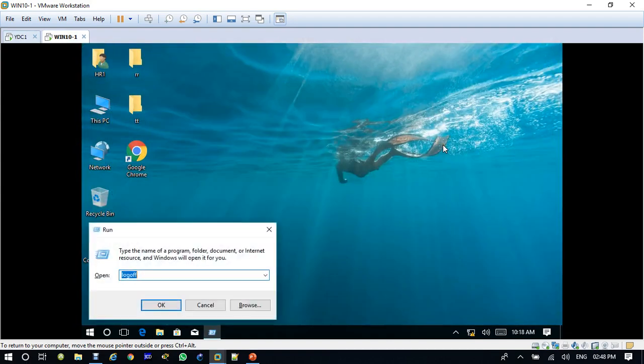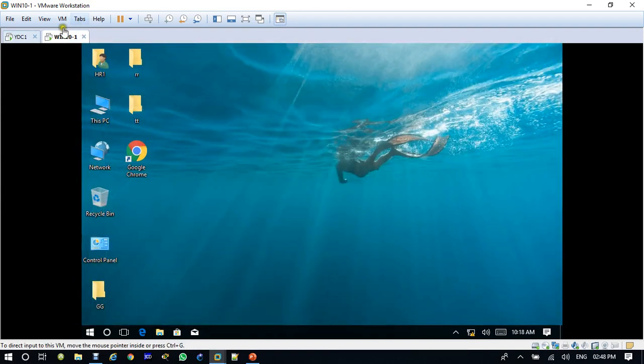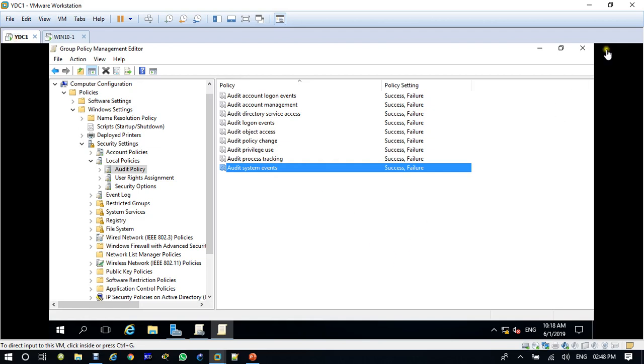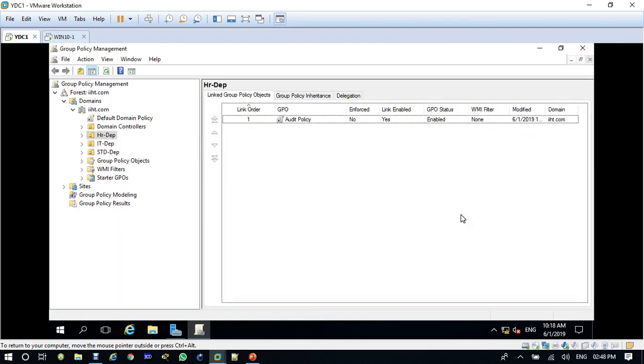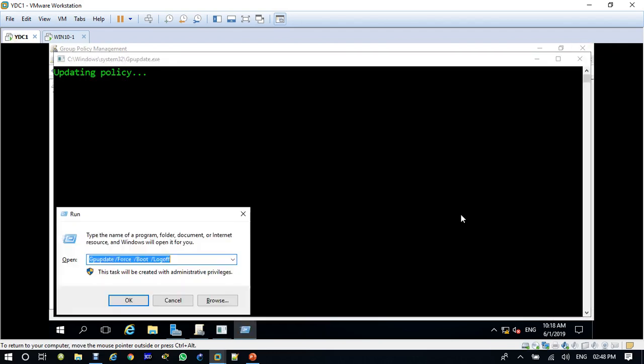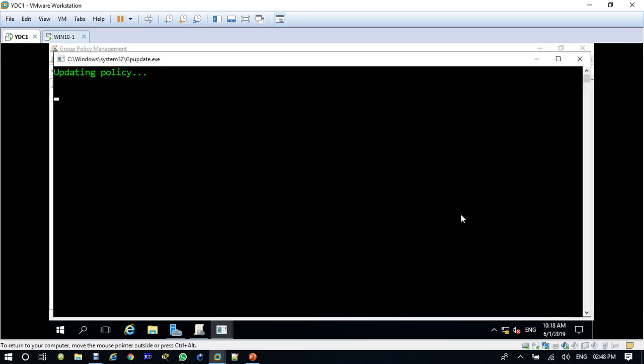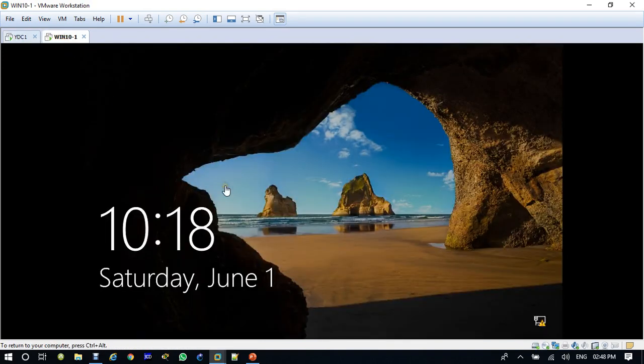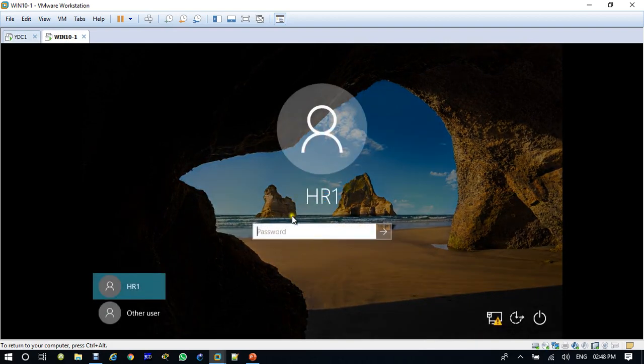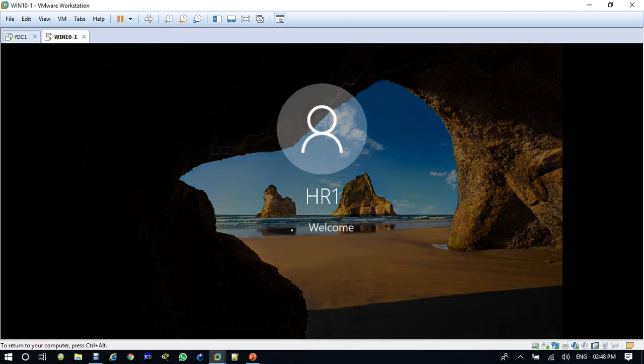Now what you do, you log off. Here also come on this system. After applying the group policy, close this one, update the group policy. Now come to HR1, login.